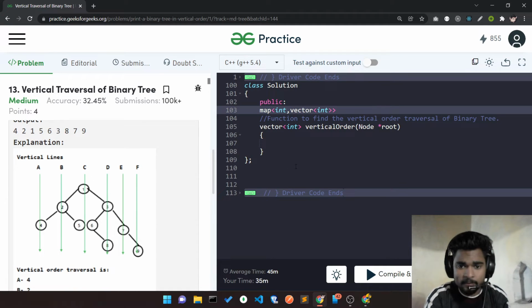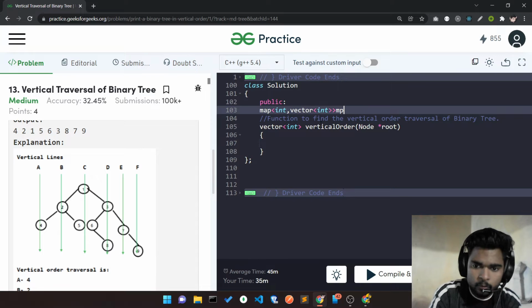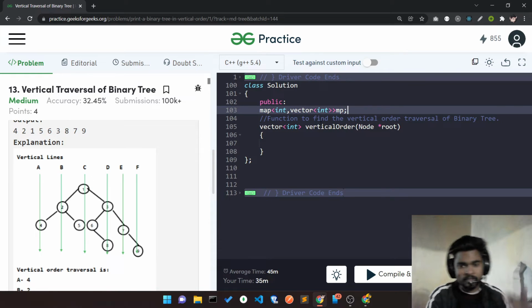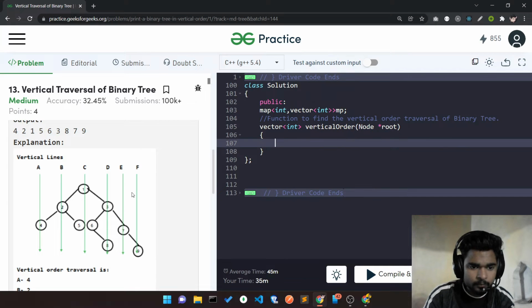So that's what happens. I don't know how many elements I can push into the map, so that's why I'll make my map with the key of integer type and the value of vector type. Okay, and after that what I do,